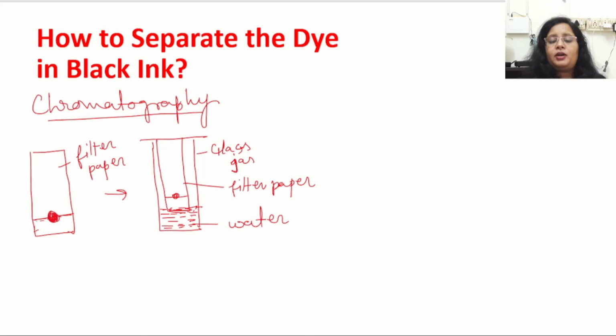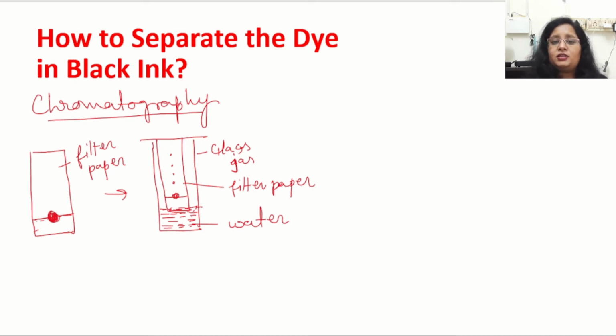Now what is going to happen after a few hours when we start studying it? We will see that water rises on the filter paper. This is a very normal thing. But what is going on here which is different? With the water, the color components of that black ink will also rise, and we will collect different color components at different levels on the filter paper, some here, some here, some here, like this. What are those things and how is it possible?